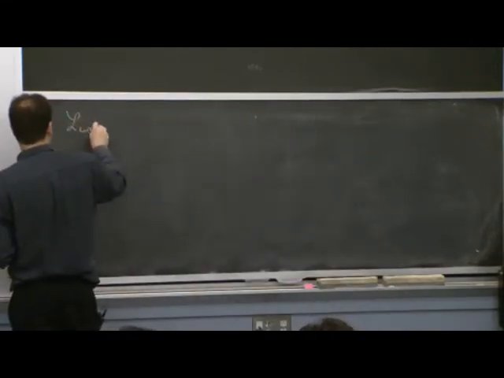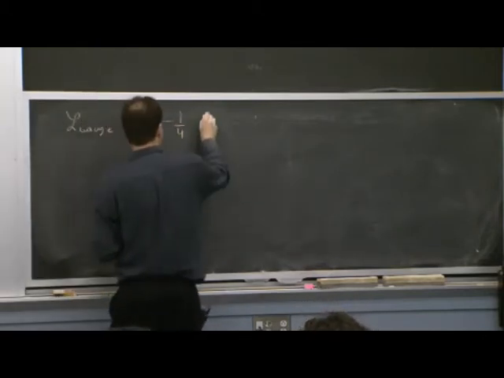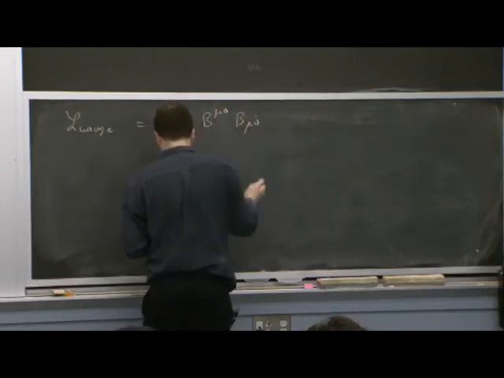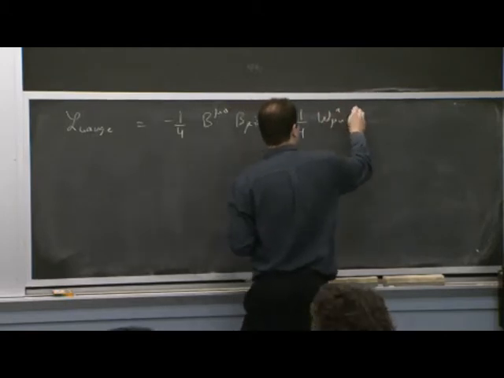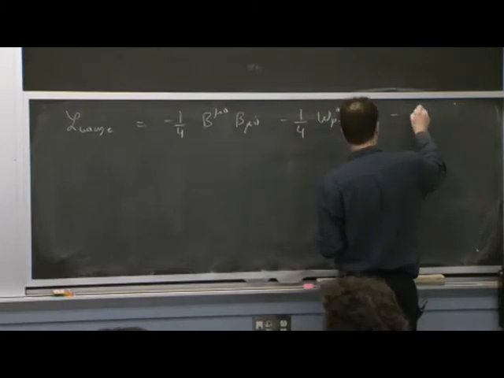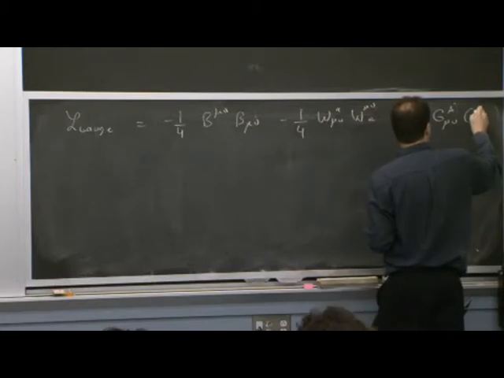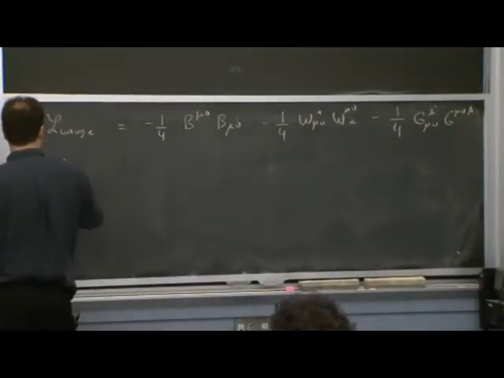So to give you a taste, I just write the other two down, which are the prettier parts anyway. So we have field strengths for the kinetic terms for our gauge bosons. And the fermionic Lagrangian,